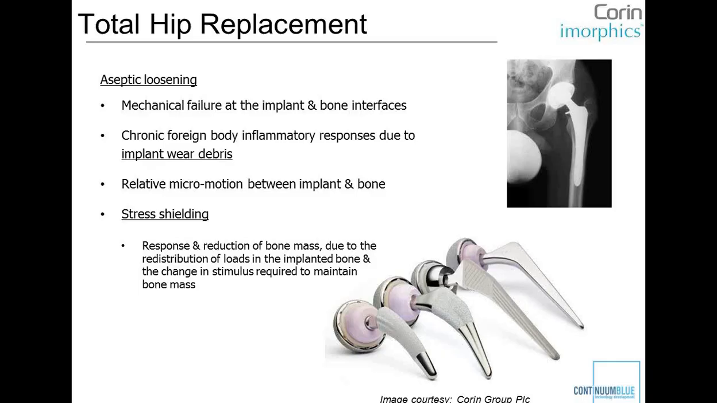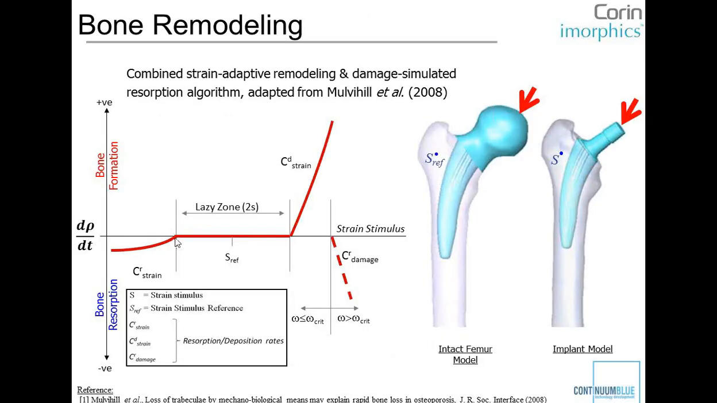But essentially, bone remodeling is due to a stimulus, and that's represented by this graph here, the red line and the dotted red line. The horizontal axis represents a strain stimulus or load stimulus, and the vertical axis represents bone resorption or bone loss and bone formation or bone deposition. If you're in a certain area of that graph, for example the left-hand side, this is where bone loss occurs,